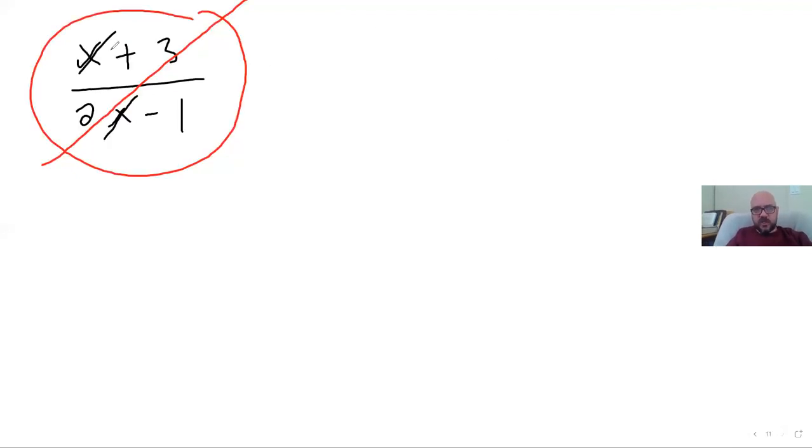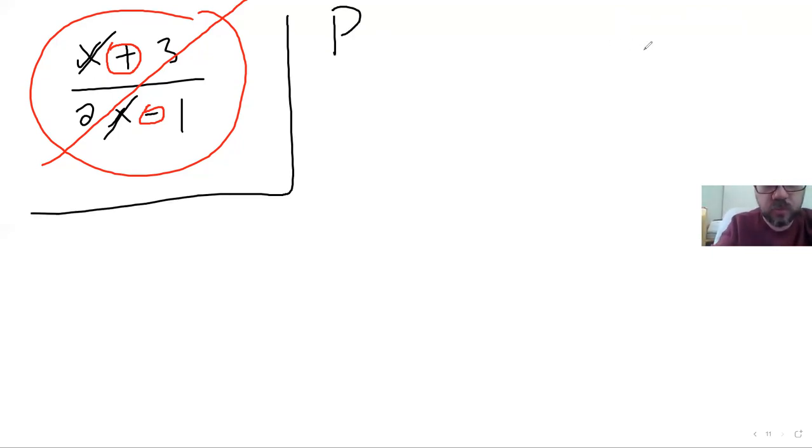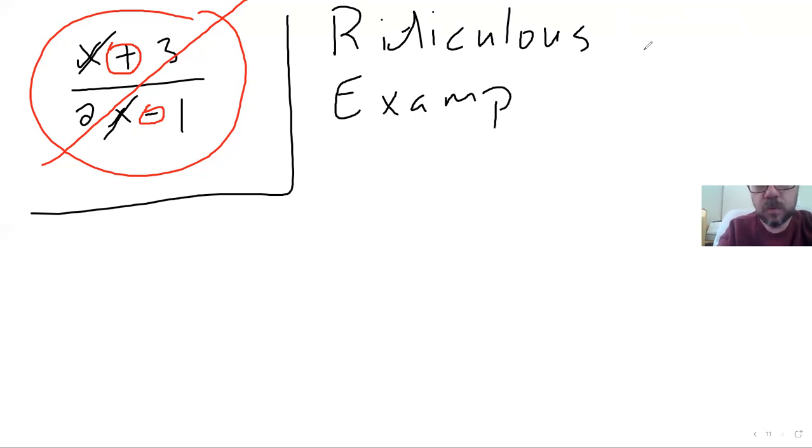When you've still got addition and subtraction here, don't try to cancel it. It has to all be multiplied first, and we'll deal with that much later. That's in a chapter, I don't remember which chapter it is in this book. It's much later in the course when we do rational expressions. But when there's addition and subtraction, don't try to cancel, right? Like, and here, let me give you an example. Let's say I had